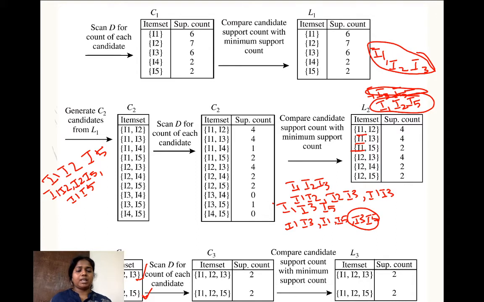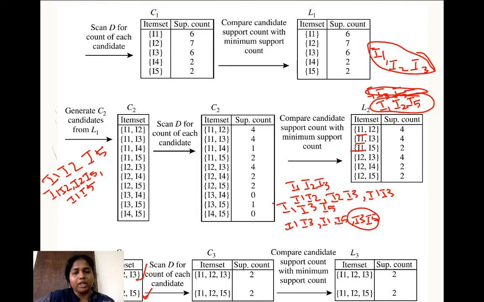Now the support count of these two combinations comes out to 2, and the minimum threshold value we have set is 2. So because it satisfies the minimum threshold value, all of them can be promoted to L3, or the frequent 3 item set. So this is the principle in